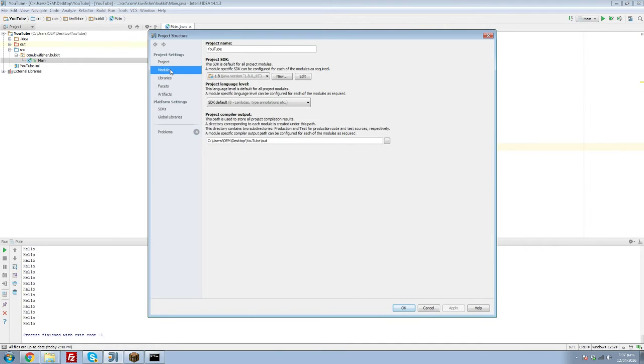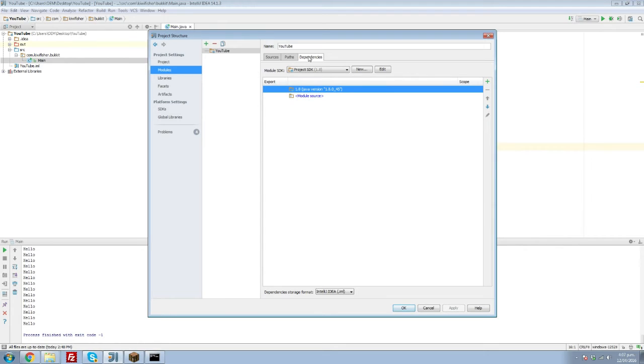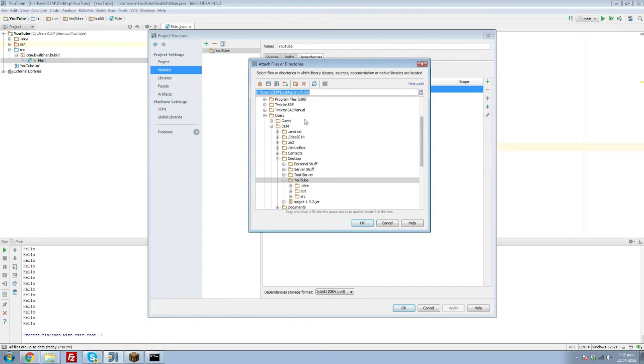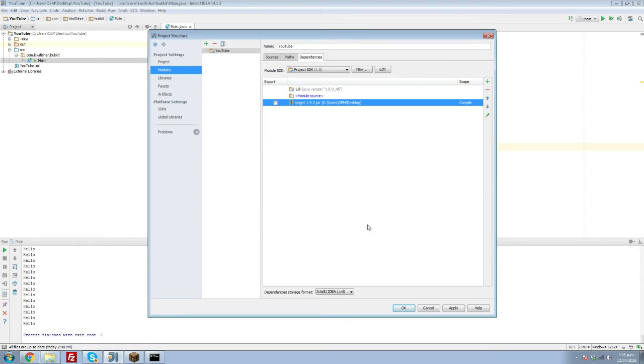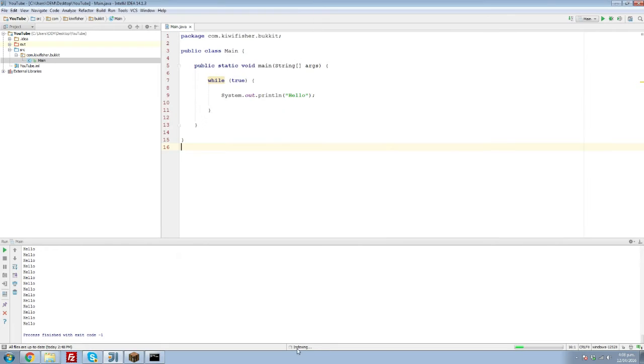And you are going to go to Modules, and see up here it says Dependencies. Right now we are depending on Java 1.8. I'm going to add another dependency, and we're going to add a jar. And that jar which I am going to add is on my desktop, and that jar is Spigot 1.9.2, and we're just going to click OK, and Apply, and it's going to index everything, which you can see down here. You're just going to wait for that to finish up,